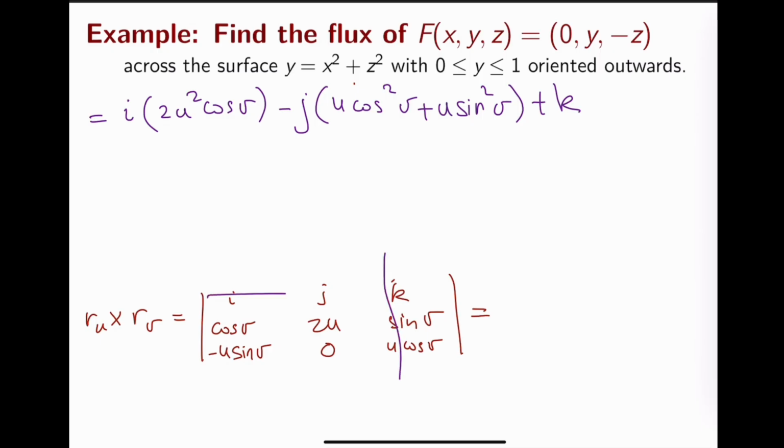And plus k. We eliminate this is 0, will be minus this, that will be minus minus plus, so that's